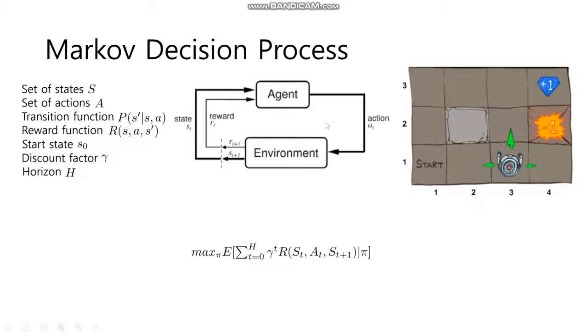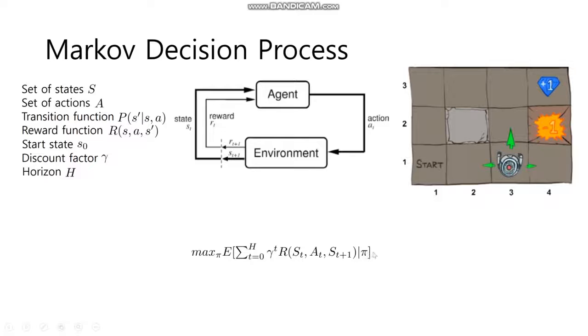As depicted in the figure, the agent gets state S_t at every time step, decides action A_t, and gives it to the environment. Then the environment returns 2 things, the reward and the next state. The goal of an MDP is to maximize this quantity, the expectation of cumulative discounted reward. In simple words, it's just maximizing the total reward, and we want to find the policy pi which maximizes